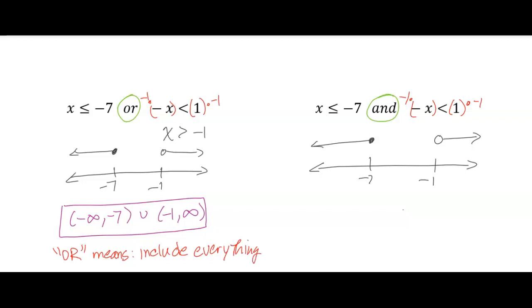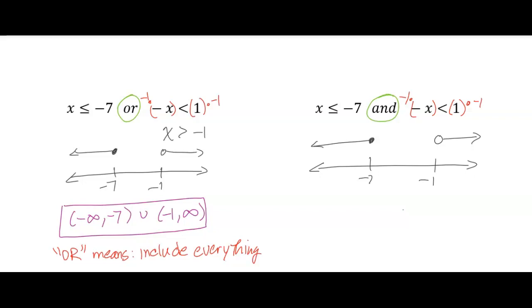Now, let's take a look at the one on the right. Things are very different here. It's got a different word. It's got the word and. And means you have to solve both inequalities at the same time. If you're an answer to this combination inequality, then you are both smaller than -7 and you are also bigger